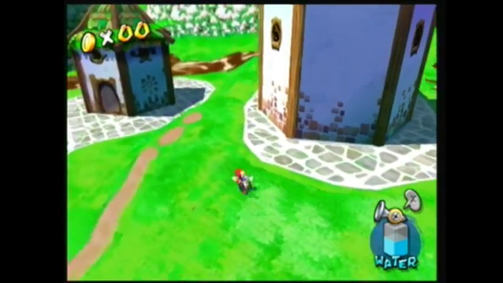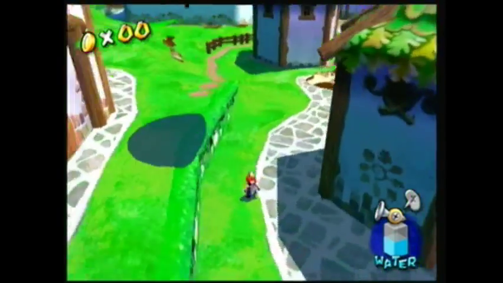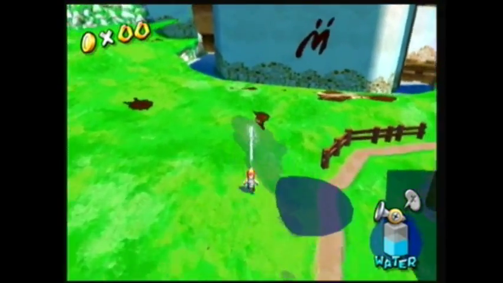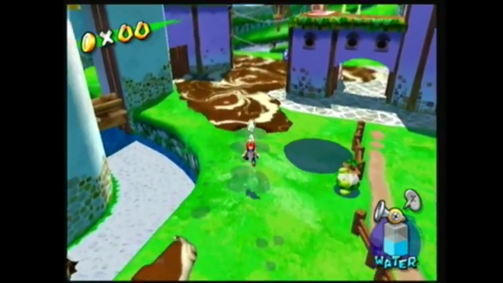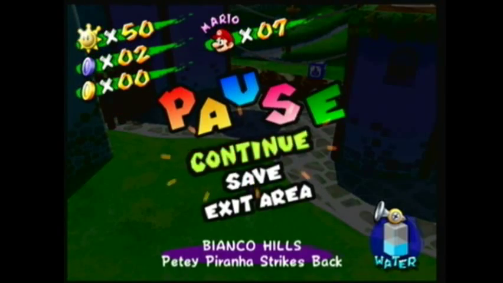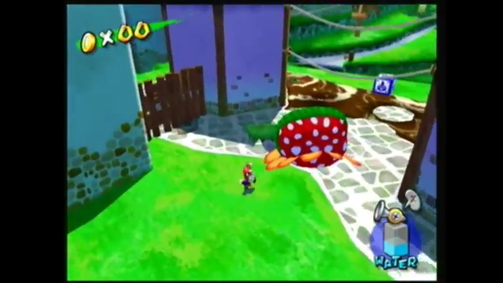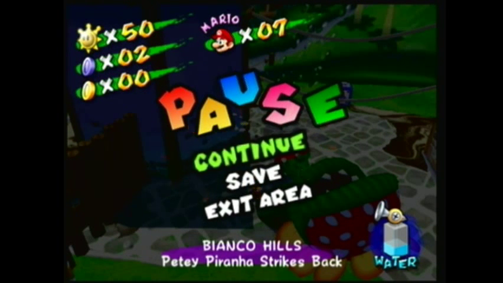So he's going this way. Remember, this is just all random. You don't know where he's going to go. Alright, so now that he's stopped, we want to go to first person and spray him. This will bring him down like this. Okay. So now that Petey is down,